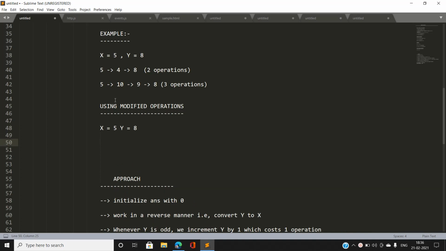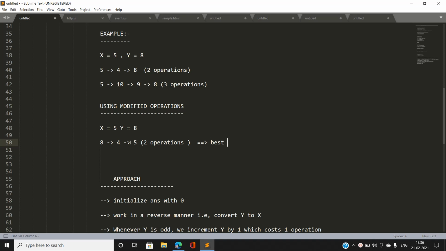So our 8 would become what? 4. Now again, if you can see y is again even, I am going to divide it by 2, but note that if dividing it by 2 will not make me reach 5 as soon as possible. So our best way to reach 5 would be what? Increment y by 1. So I am going to increment y by 1, so it costs me again 2 operations. So this is our best